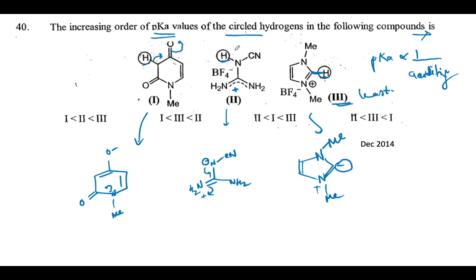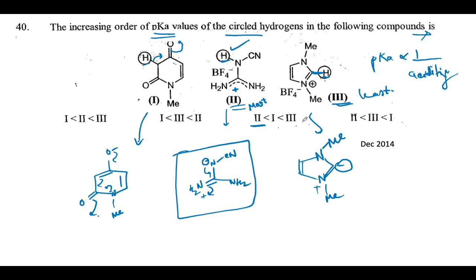Who is going to be most acidic? This one, option number 2. This proton is going to be most acidic. And this one is going to be intermediate because here the stability is only by doing resonance into this carbonyl. Alright, or you may also consider the resonance into this carbonyl as well, but this is not having the extra stability which this system will have, because it is going to have similar resonance structures. Alright, cyanoguanidine system. Alright, so 2 is going to be most acidic, and that is why it has the least pKa value,